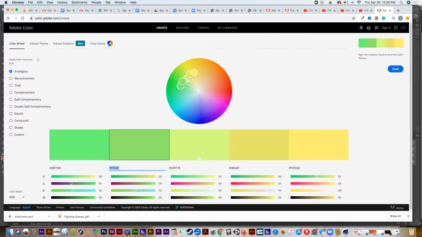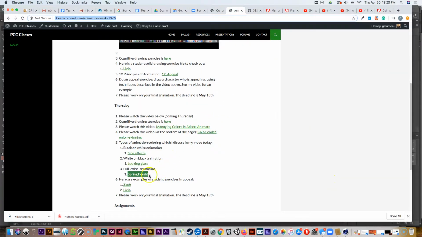Going back to the website once again, check out these animations. They're well done, and they show different types of coloring. Check out these videos which talk about managing colors, making swatches and tagging swatches, and also just a little reminder of how your onion skinning works, where it shows the present and the past and the future of your animation. And then of course do your exercise file here, and then continue to work on your final animation, which is